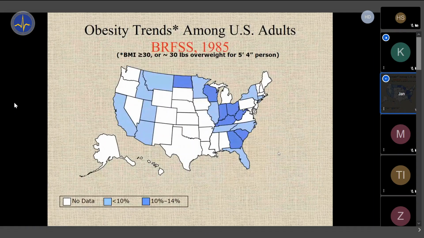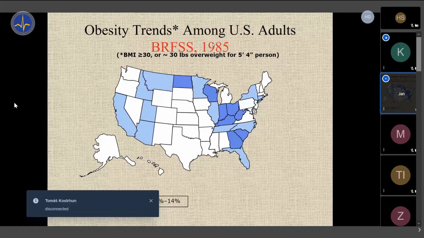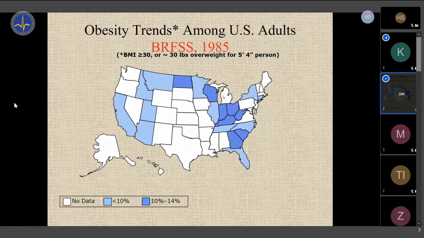Just to give you a very quick perspective on the extent of obesity, we talk about obesity epidemics, and it is true. Look at the prevalence of obesity in the United States in 1985. United States, because they have very nice maps which are followed up for the next 40 years. So that's why I show you the map of the United States. I wish we had a similar map for Europe or the Czech Republic, but we don't. But believe me, the problem is worldwide. So it's not only the US.